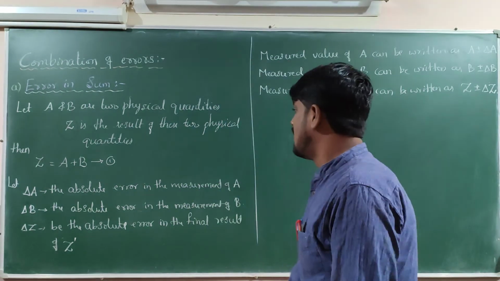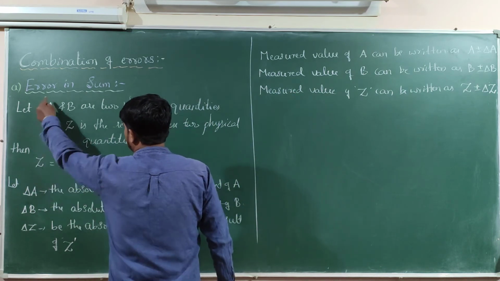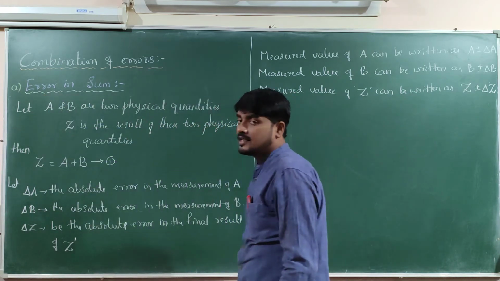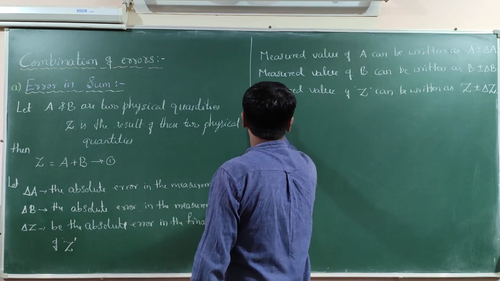Z. Now, if you look at equation 1, it says Z equals A plus B, because according to the heading, that is errors in sum. Then if I go with equation number 1,